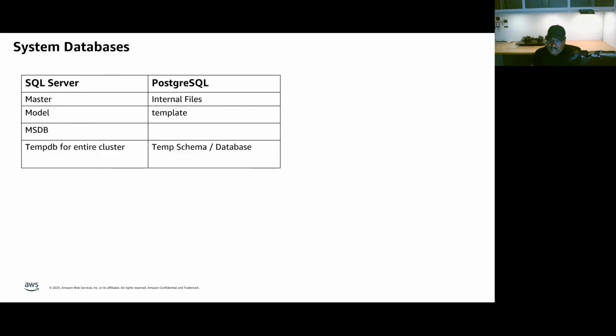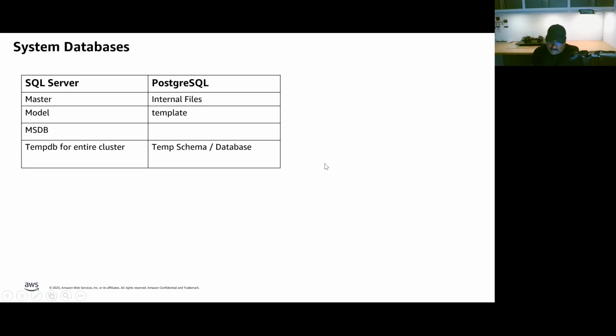Okay. Now, system databases. In SQL Server, we have master, model, MSDB and TempDB. But in Postgres, there is a common confusion that the default database called postgres is a system database, but that's not correct. It's a default database that comes with Postgres, but it doesn't store any system information.